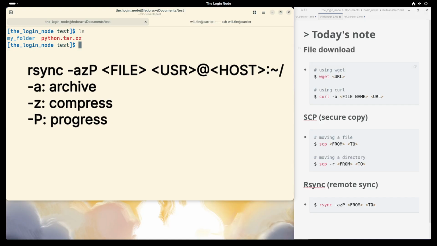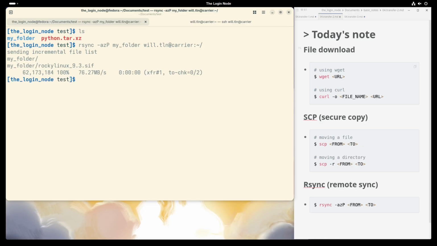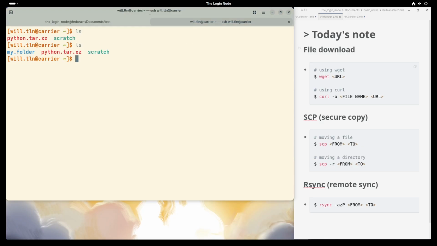Let's try to upload this folder, rsync -azP my folder will.tln at cluster colon tilde slash. It successfully moved.